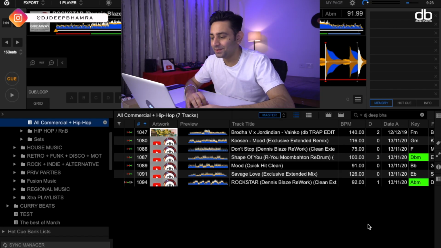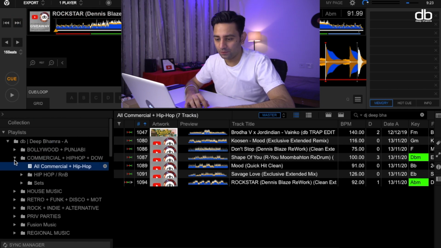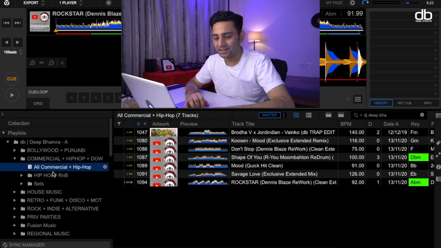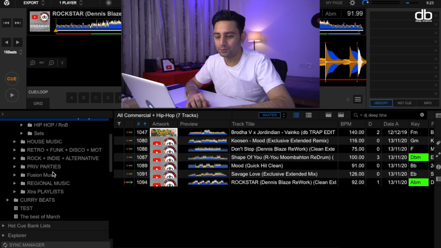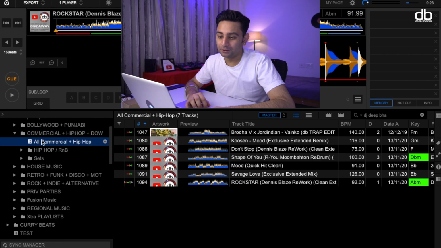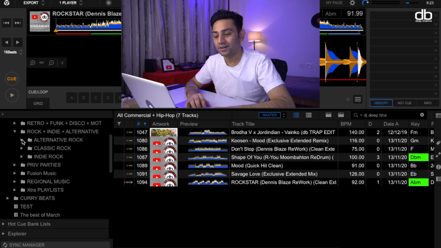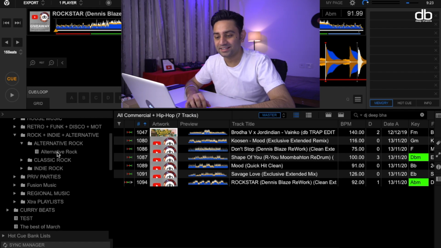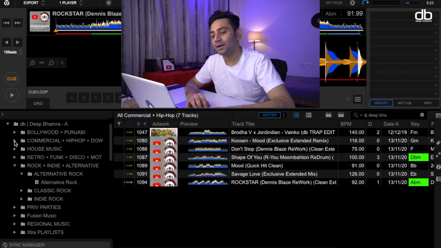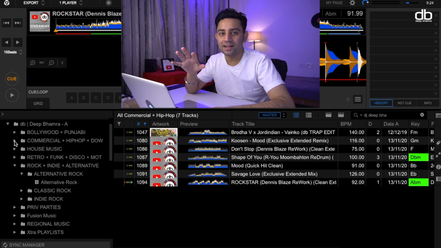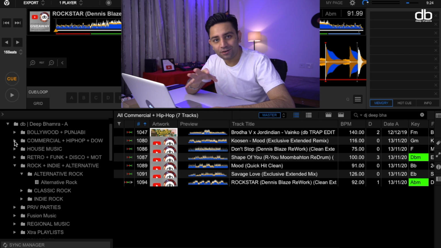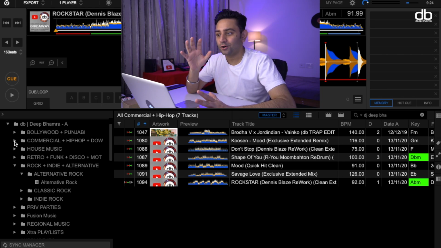Now as you can see, this is my Rekordbox screen, and at the moment you can see that all my playlists are here on the left. All these playlists are obviously in tree order, but to get to a certain playlist I'll have to open that folder, then select the folder inside of that folder, and then go to my playlist, and that will take up a lot of my time. If I'm performing at a nightclub, I'm usually performing a set of songs for that particular night. If it's a genre based night, I will just open 2 or 3 playlists.